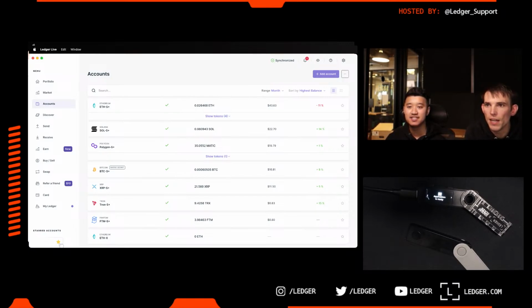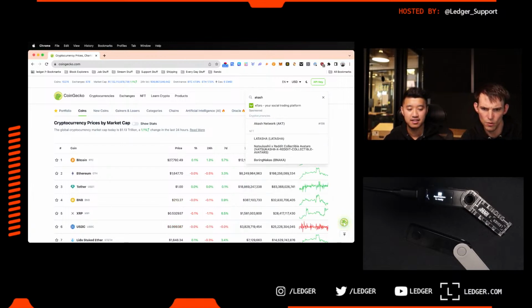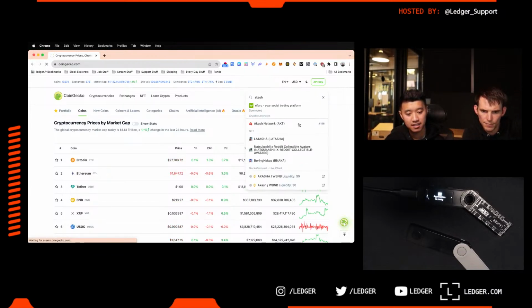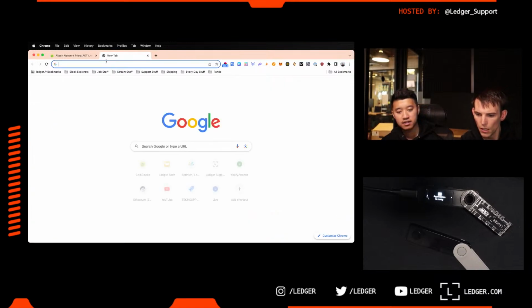Irene's asking, can I send my Cash network to my Ledger Nano X? I don't believe so. Cash is its own network, I believe. I want to say it's on Polkadot. It's a parachain, or is it? Okay. Yeah, it's an IBC chain. It's Cosmos. Cool. So Cash is not supported directly, but you can connect your ledger to what's it called